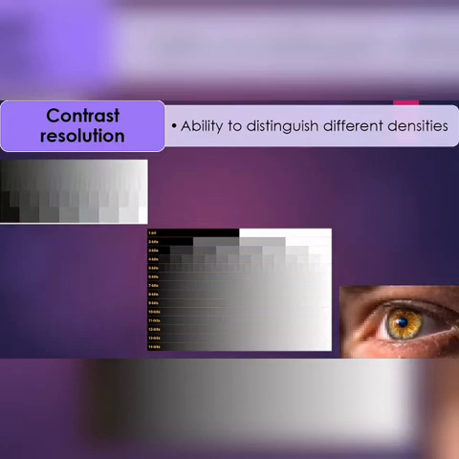Okay, this is about the contrast resolution. So basically, the current digital detectors capture data at different bit depths, that is 8, 10, 12 and 16 bits. The bit depth is in the power of 2. So if it is 8 bit, it means 2 to the power of 8, so it is 256. It will give you 256 different levels of grey. And if it is 16 bit, it will give you 2 to the power of 16, that is around 65,536 different shades of grey.